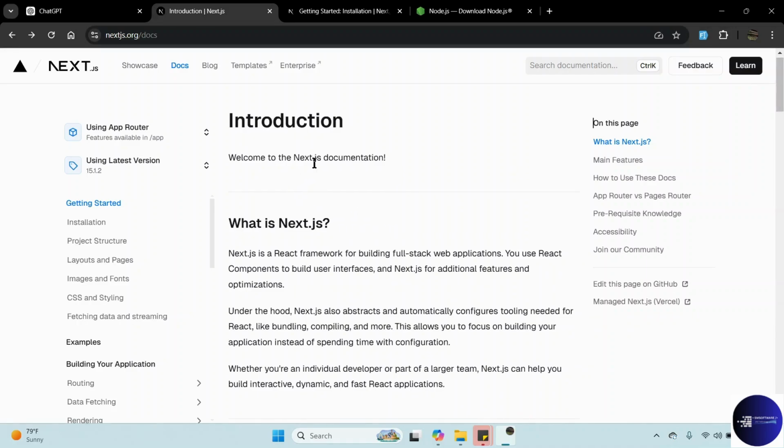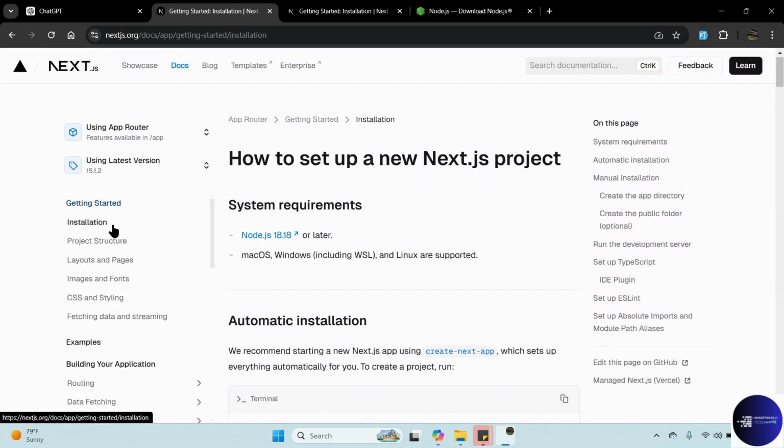So first of all, we need to focus on understanding by building. So we can first of all set up our first project. To set up our first project, you can go to installation. You see, for example, here,